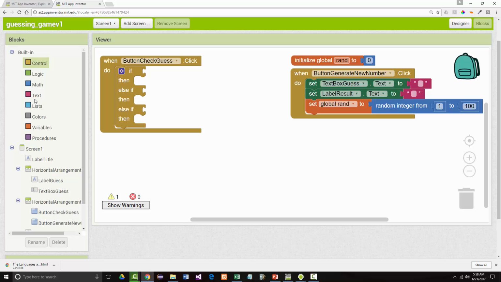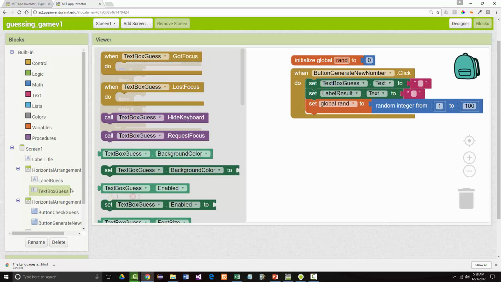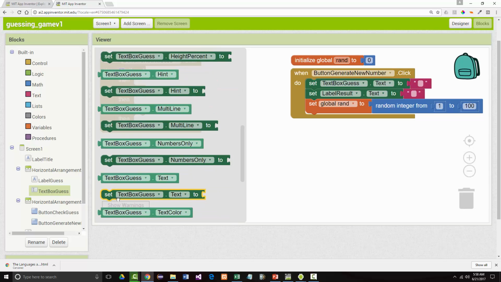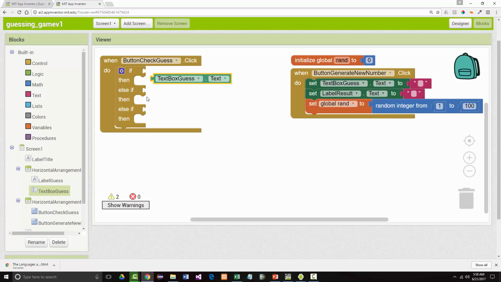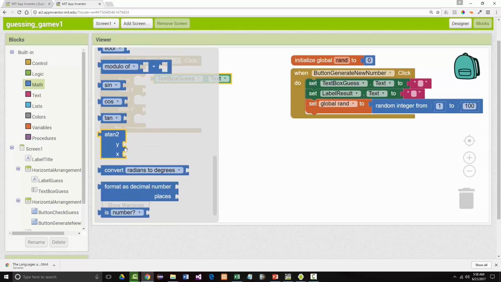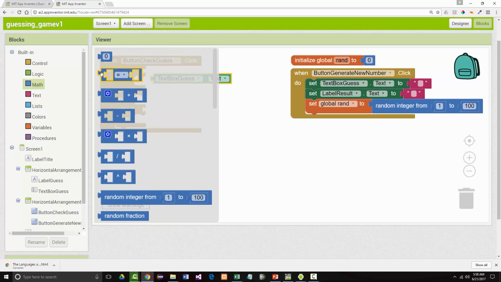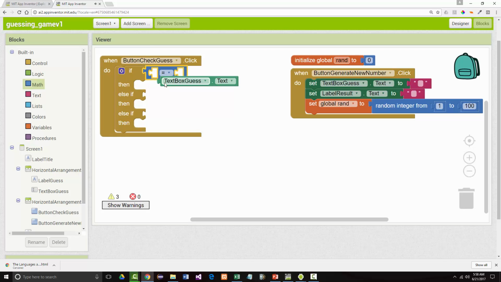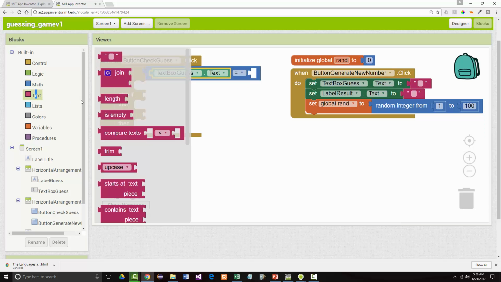So if our text box text, and that's not going to work right now because I need to put in a math, and I need an equals. So if that text is equal to nothing,